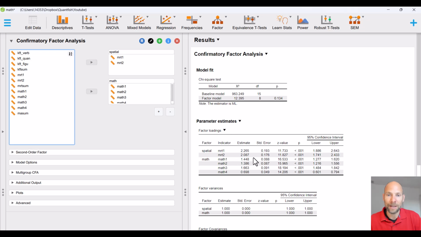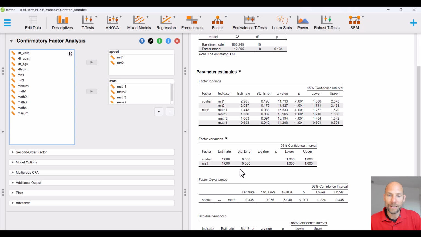are given here, unstandardized factor loadings are given by default, standard errors, z-statistics, p-values, confidence intervals, the factor variances are given, and the factor covariance, which here is equal to a correlation, because the factors are standardized by default, so we have a variance of 1 for both factors, and then as a result the covariance is equal to the correlation. So you can see that the factors are correlated 0.335, and there's also a test statistic for that